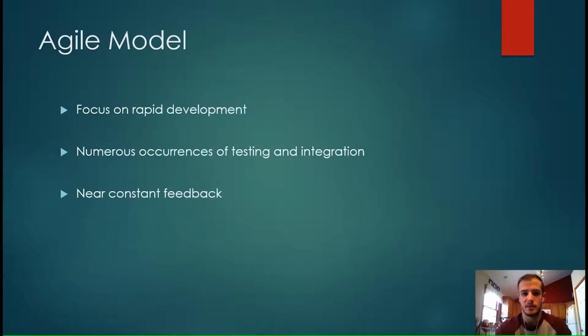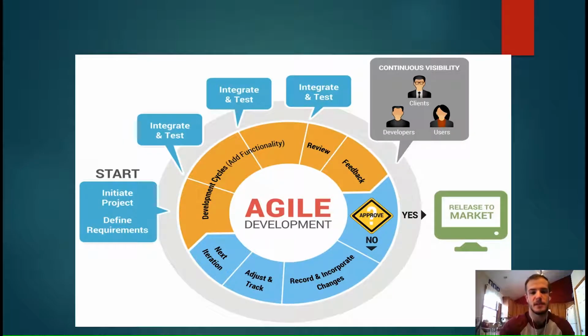Every time a new set of code is made, they test it to see if they can integrate it. And then once they're past the testing and integration, it then reaches the customer for feedback, as we can see here in this graph. So first you have the start, which is where the project is initiated and the requirements are defined. And then as you can see, this graph shows 3 examples, but it could be more, of integration and testing. And the clients do have almost near continuous visibility to the project because they're constantly getting updates basically